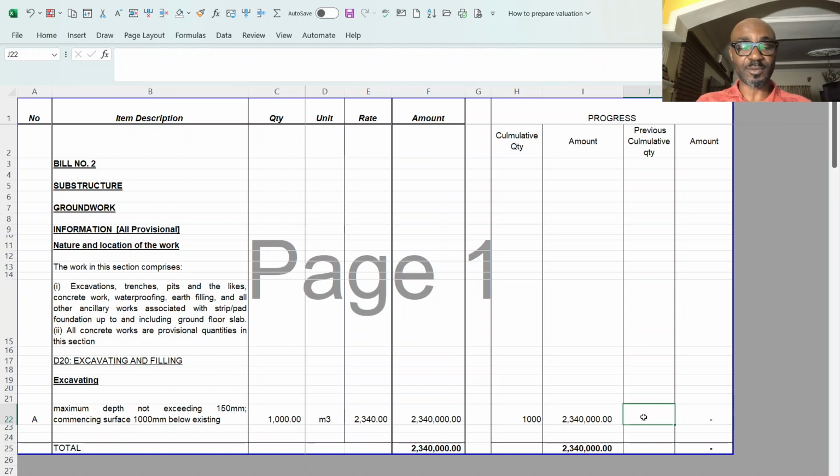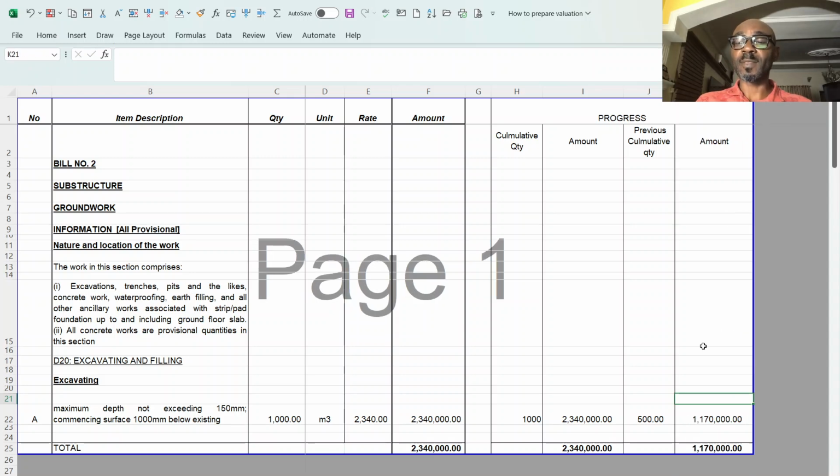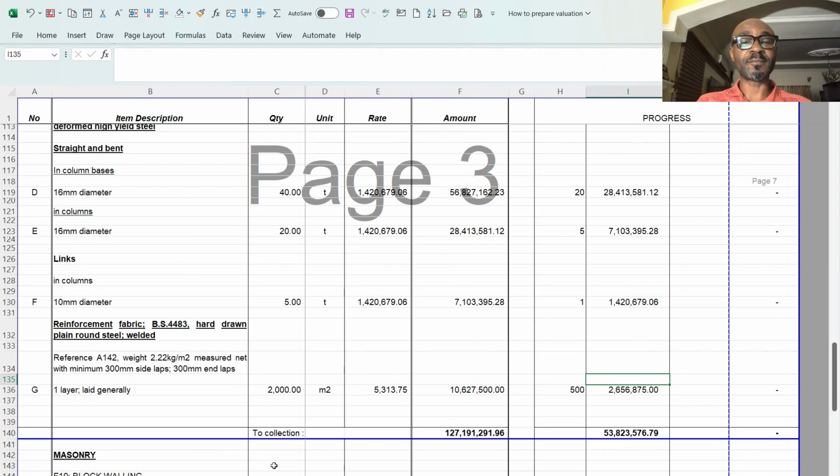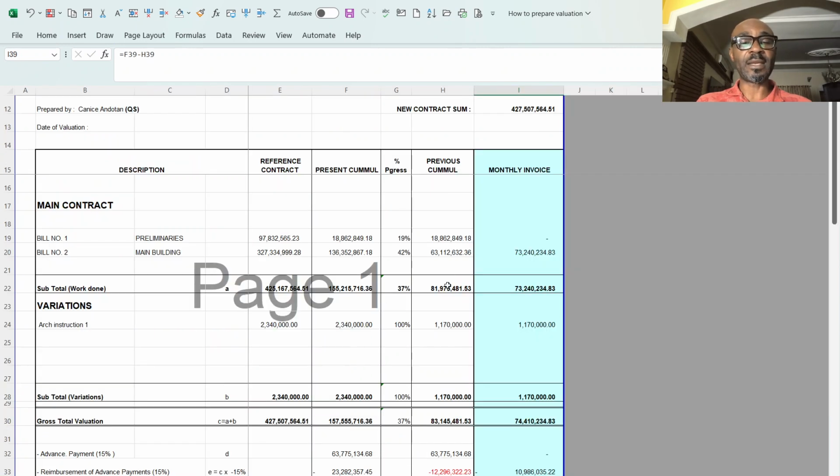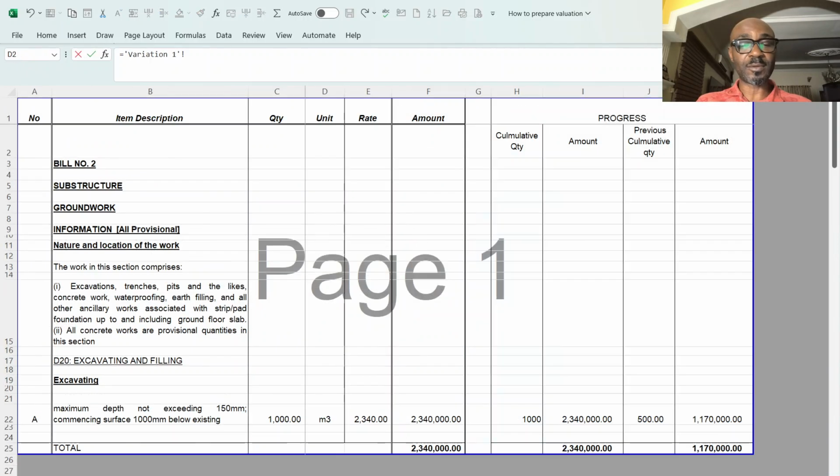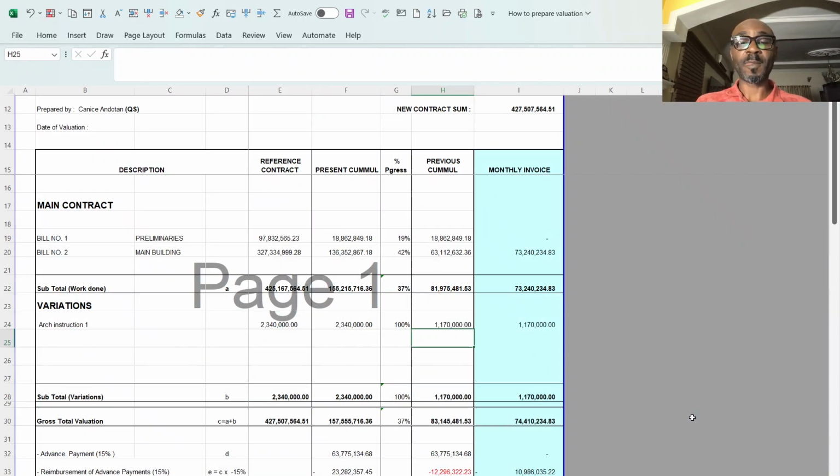Let's even assume I've copied directly, but normally I was supposed to put a 500 here because I did 500, so that I can link. My previous is the same as the previous here. So now I've completed 100% of the variation, and the remaining balance has been paid. For the main contract